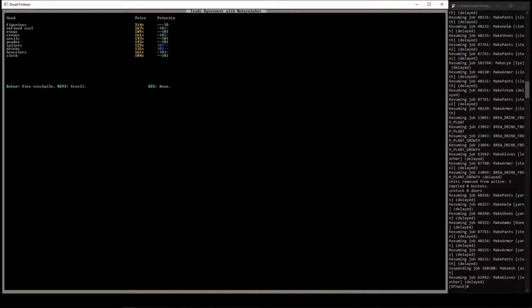They will buy... Oh, look at that. They're paying a fortune for figurines. We're sending down a ton of figurines. Refined coal, I wish I had. They also pay a lot for rings, crowns, anvils, powder, and...